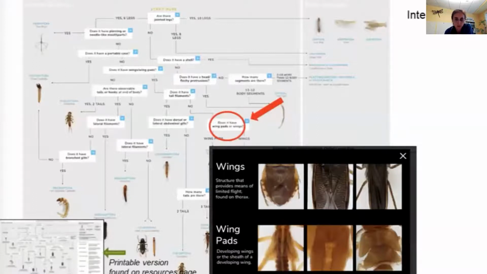But as we showed you, one of the bottlenecks that we'd always have when people were learning is they didn't know what the body part was, where it was. And it's really hard to show sometimes unless you have a scope and it's projected or you can actually point to it. So now we can have this gallery of images of what wings and wing pads are, all the major body parts and features. So you can click on those and that helps you get in that right direction and remove that bottleneck. Next.